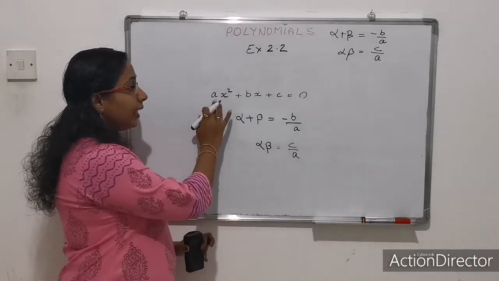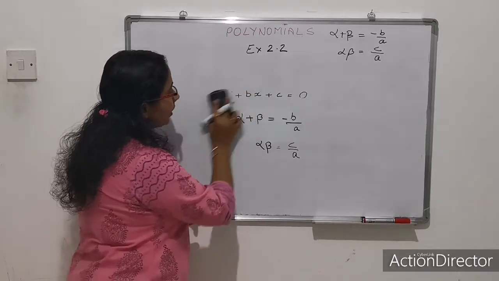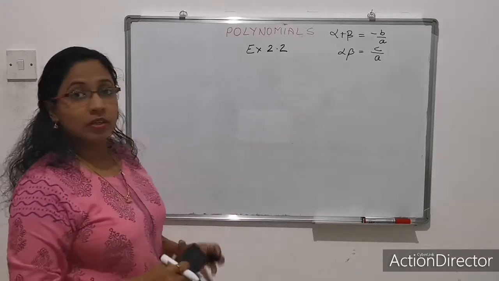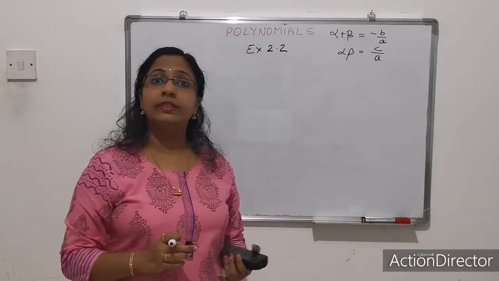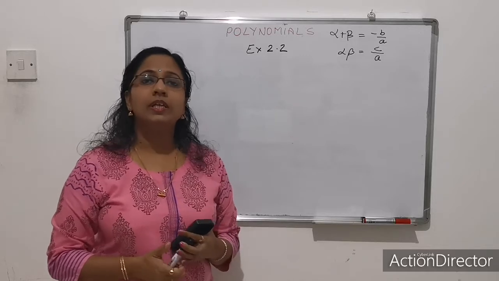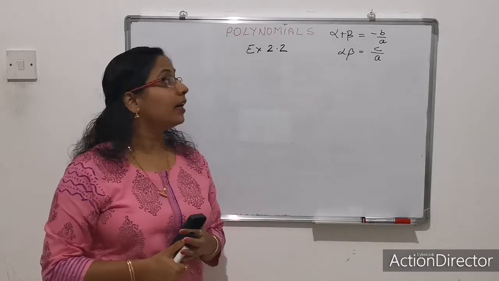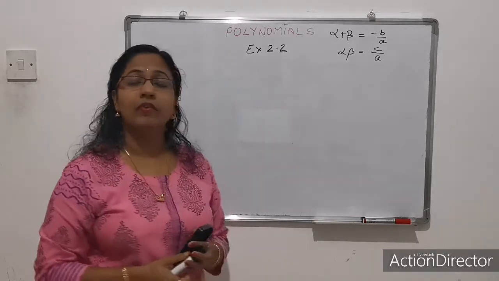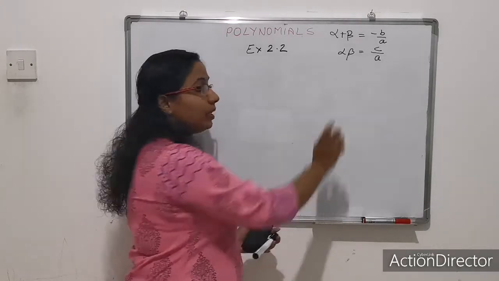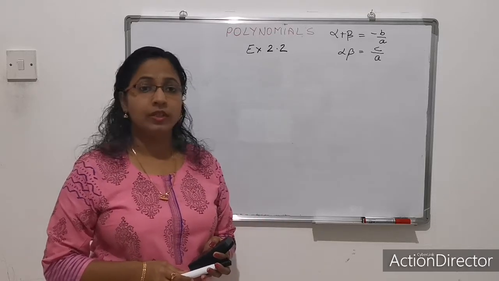Okay, and a, b, c, that you have to keep in mind. Clear? Okay, now we first will do work from the exercise 1. Now, hope you all will be knowing the middle term splitting that you have learned in 9th class, right? Many of you find difficulty in middle term splitting, and with middle term splitting you have to find the roots, that is alpha and beta, for a quadratic equation.